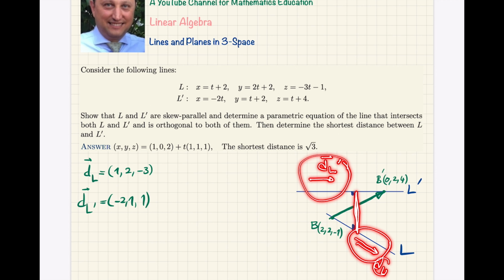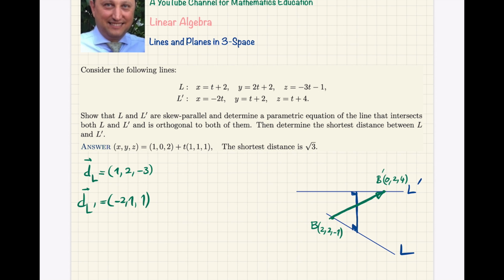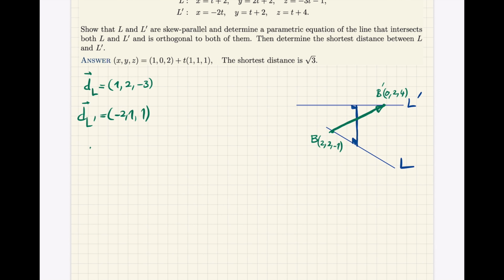So let me just repeat. DL cross DL prime would be a vector which is perpendicular to DL and DL prime simultaneously. This line is also perpendicular to L and L prime simultaneously, but DL is parallel to L, DL prime is parallel to L prime. So DL cross DL prime would be a vector parallel to this. And if I project this vector on that vector DL cross DL prime and measure the length of that projection, this will give me the shortest distance. Okay? So what I am saying is that the shortest distance